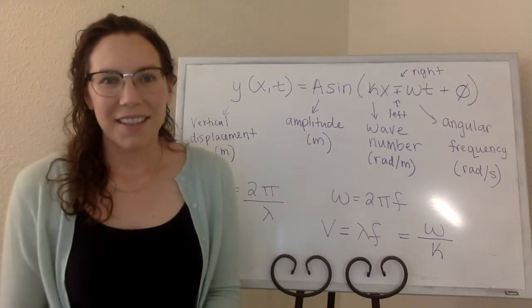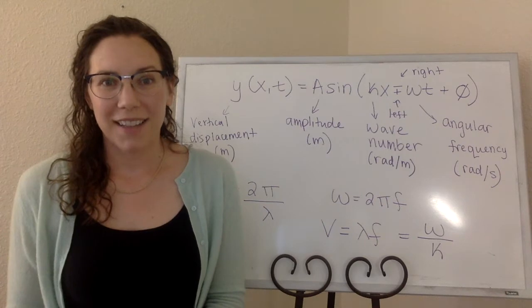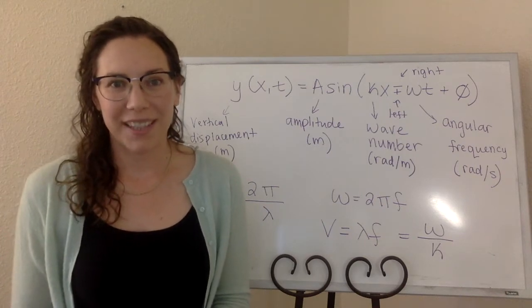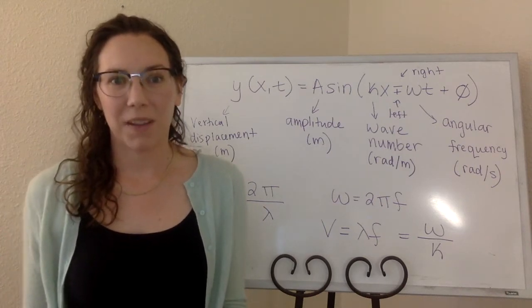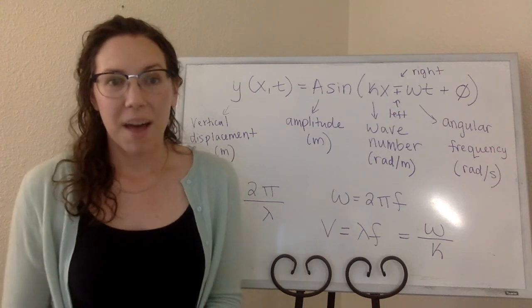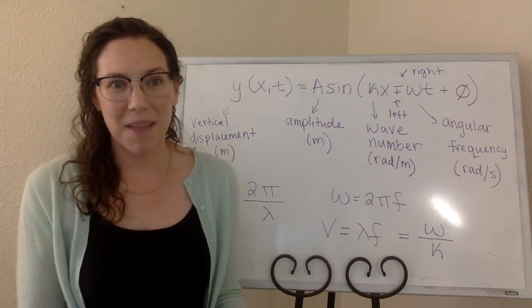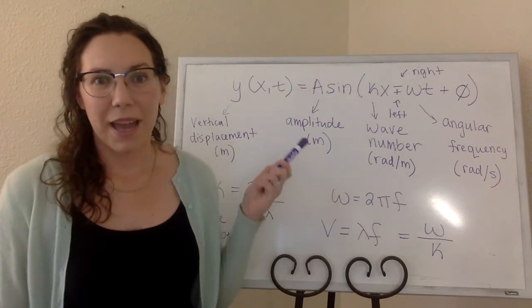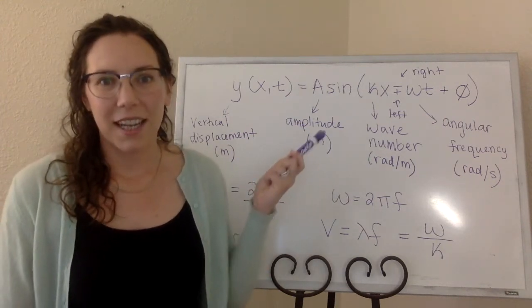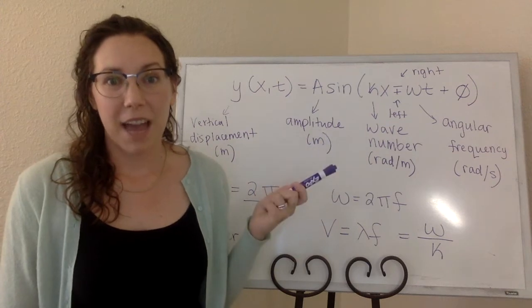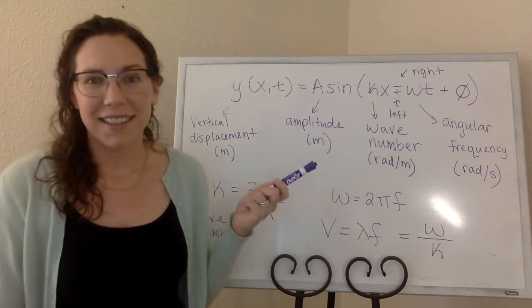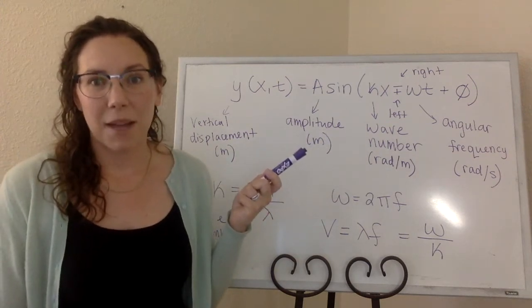Hi everyone, in this section we're going to look at the math behind sinusoidal transverse waves. So the vertical displacement of particles in the medium, y, is a function of two variables, x, the position in the medium, and t, the time. So we have y at x comma t equals A, the amplitude in meters, sine of kx minus or plus